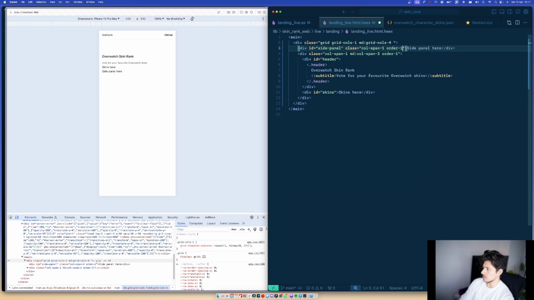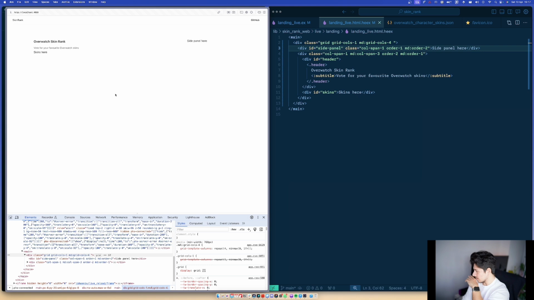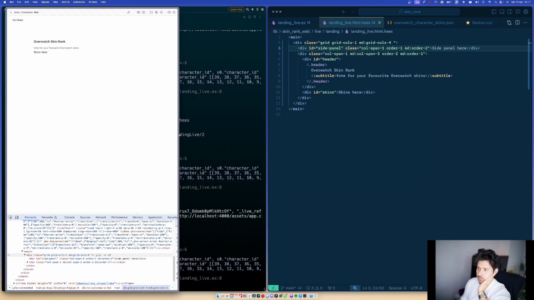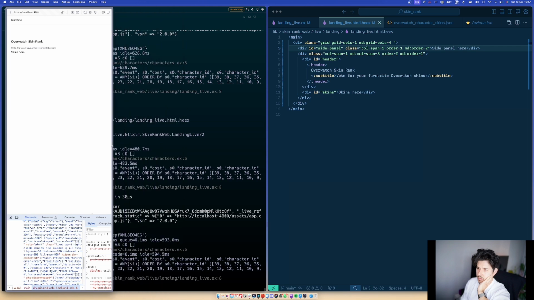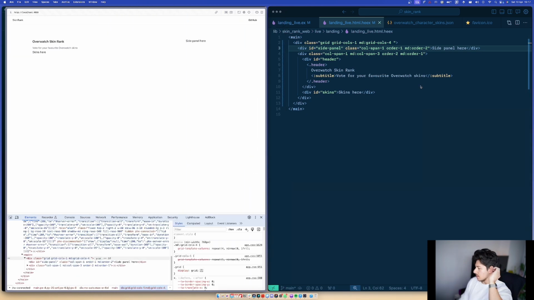So this will be order 1, so order 2, and then MD, order 1, order 2. Yeah, sidebars above, and then it's over there. Cool. So some responsive CSS. You'll see if I move this, it just changes, right? Which is cool. All right. And then let's add